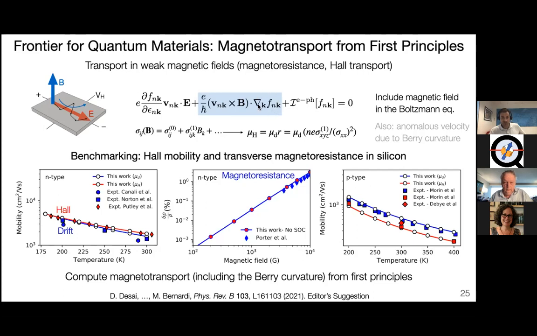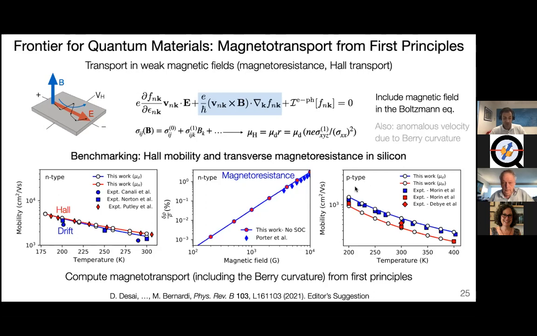One of the key challenges is computing this momentum space derivative. And now we can obtain the entire conductivity tensor as a function of magnetic field, and this allows us to study quantities like the magnetoresistance or the Hall mobility or the Hall ratio. In this very recent work, we've shown these calculations in a few simple cases like silicon, gallium arsenide and graphene. You see here in silicon, both the magnetoresistance and the Hall mobility for N-type and P-type silicon can actually be